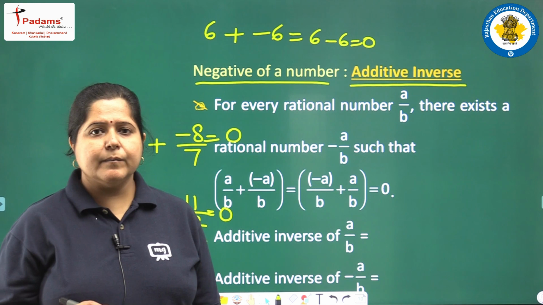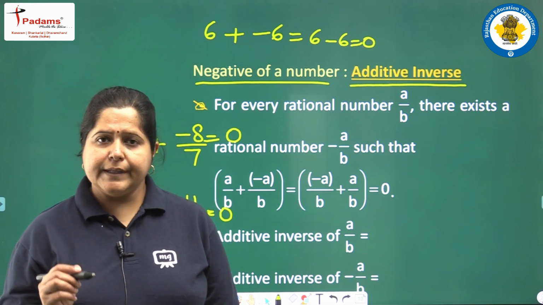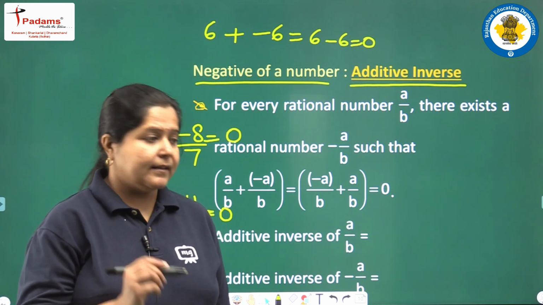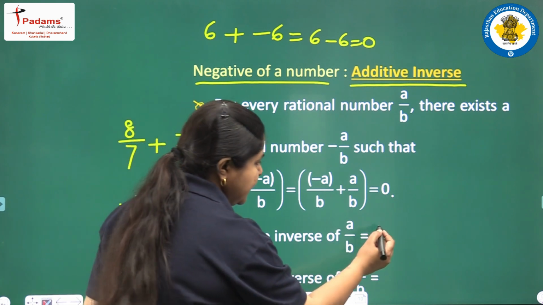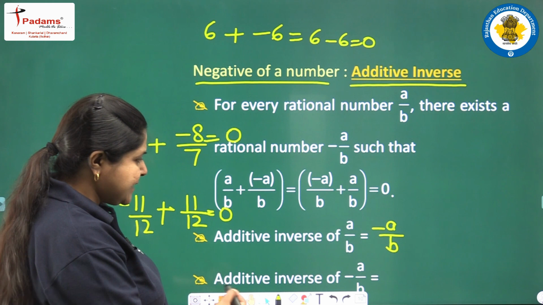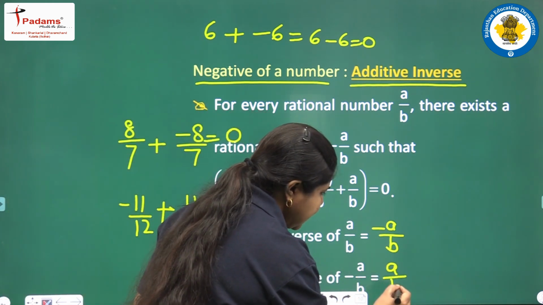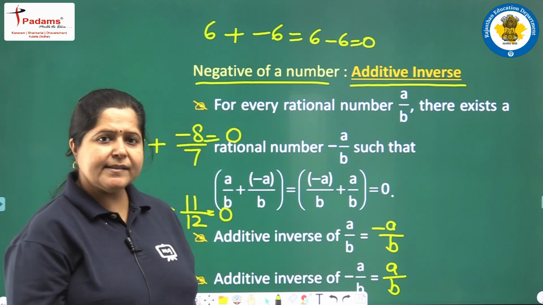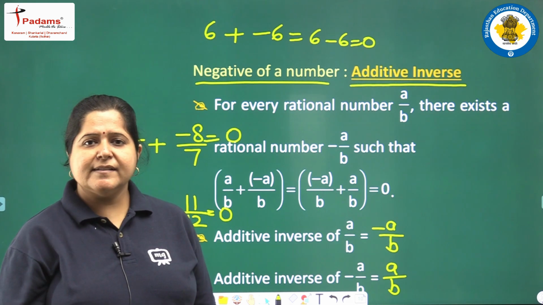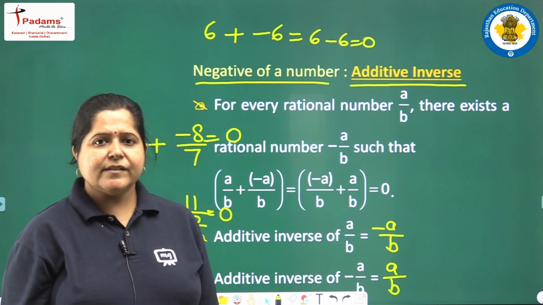So in simple terms, if you are asked to write the additive inverse of a number, you just have to change its sign. If it is a upon b, then the inverse will be minus a upon b, and if it is minus a upon b, then the inverse will be plus a upon b. And plus is not written specifically. A upon b itself means that it is a positive number. Clear? Next we move on to